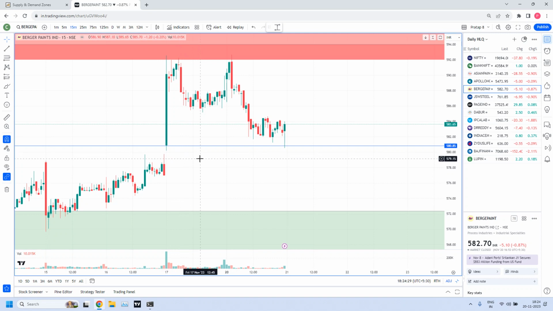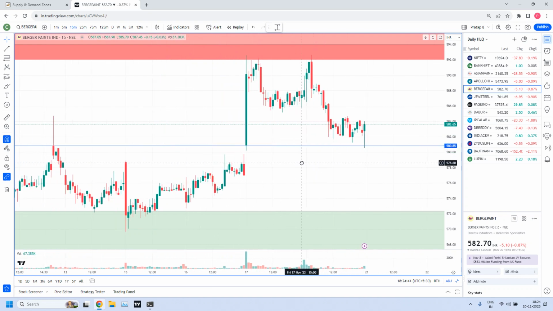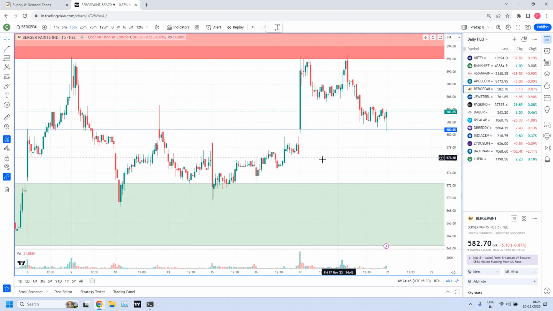Black holes never give you a clue to tell you what is there inside. That's why most of the time, whenever there is a gap, just before the gap, we will exit our trade. So that way,